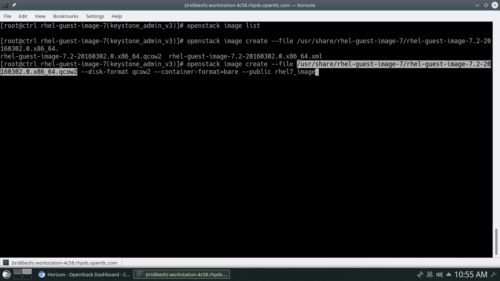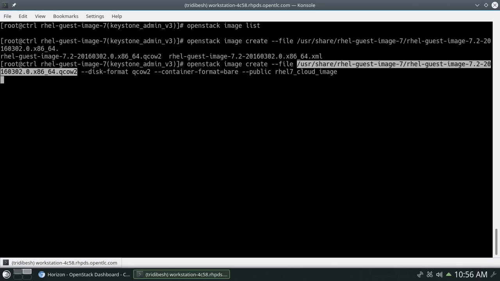Then container format equals bare, so we are going to use it as a bare image, and then we make it public by using the option --public, and then we give the name. RHEL7, let's put it as cloud_image. Once you're done with that, press enter.